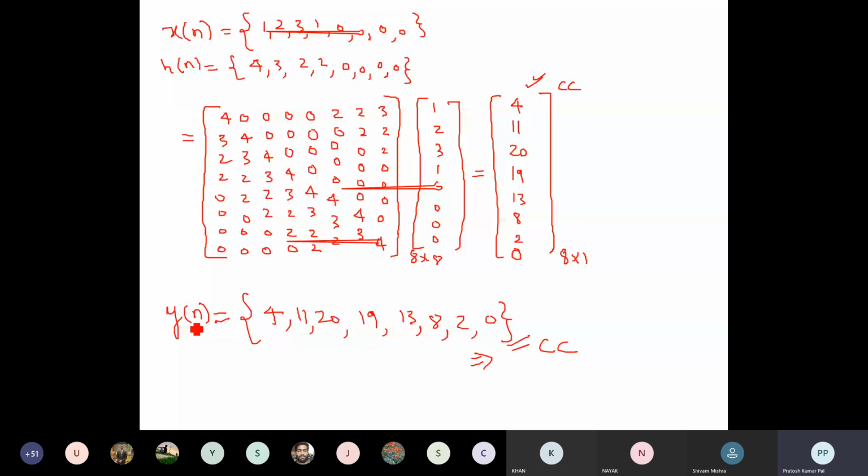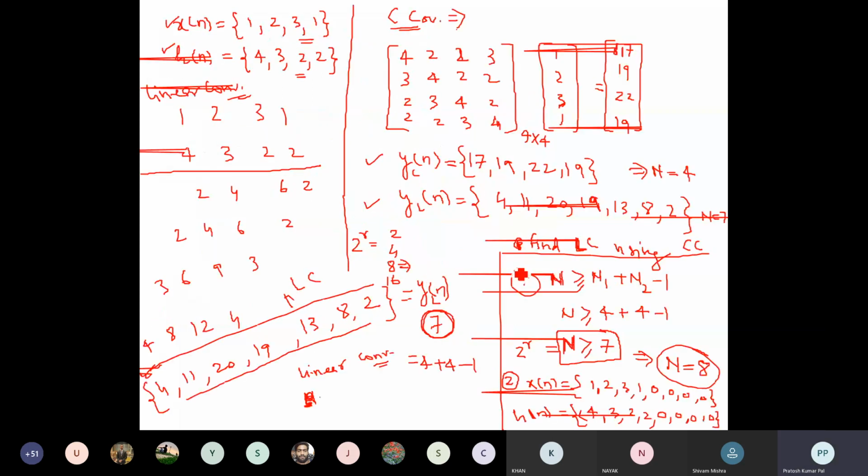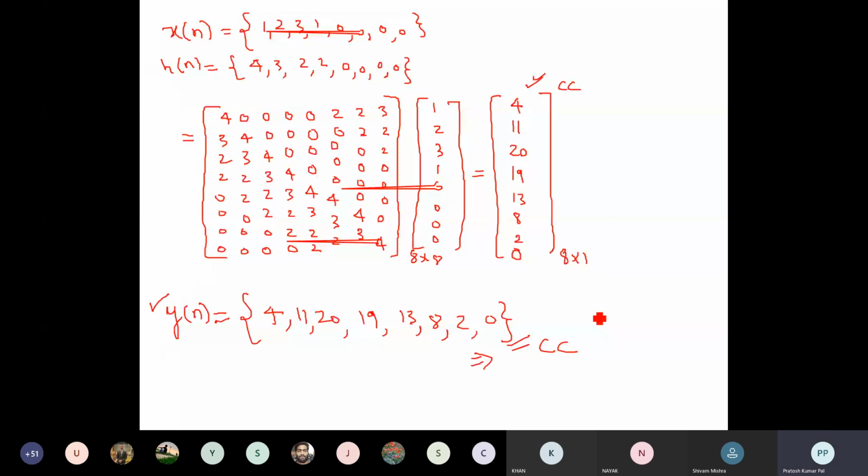Okay, so from there we can see that if we want to find out the linear convolution, we can find that linear convolution by using circular convolution. Before that, we need to follow these two methods. First of all, we need to find out the n value, that should be satisfying the power n condition, and also once the n value is found, we need to make each sequence of n length. Okay, after making this n length sequence, we can find out the circular convolution, and this circular convolution will be giving you the linear convolution.